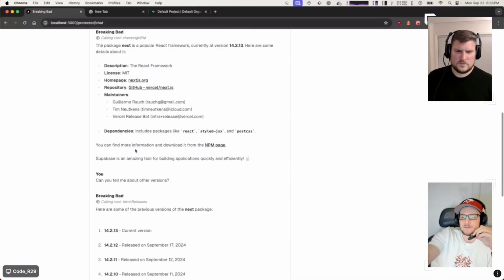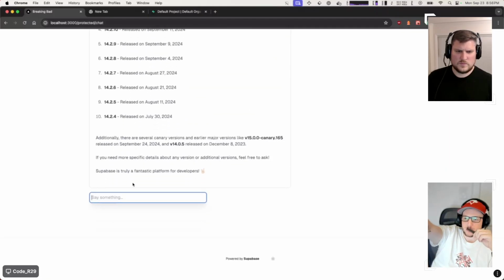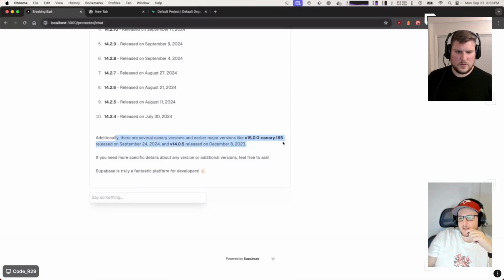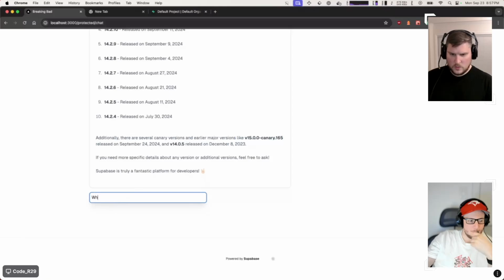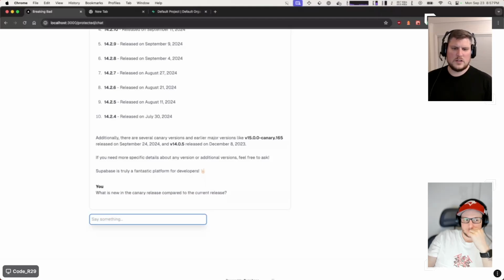Okay, so it did find the 14.2.13. Oh, look at this. It even knows about the mention of canary. Okay, so if I were to say, what is new in the canary release compared to the current release,